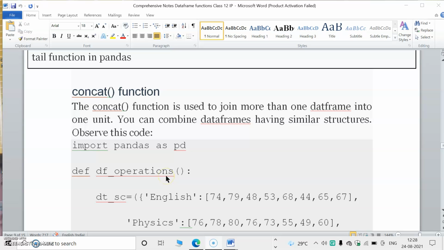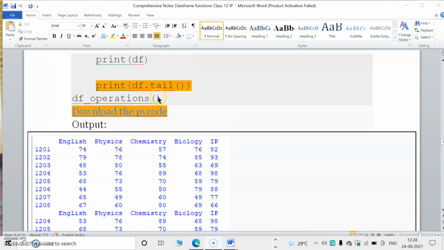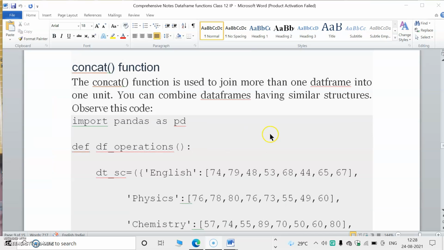If we want to specify the number, say 3 rows, we give a count: df.tail, and inside the brackets n=3. That means the last 3 rows are fetched. So this is the use of the tail function.